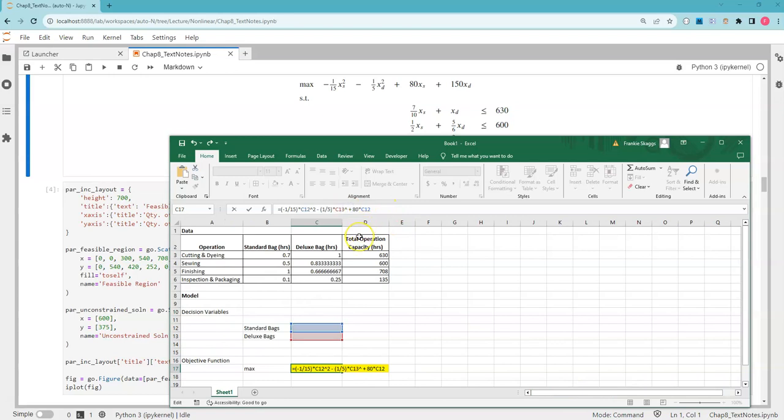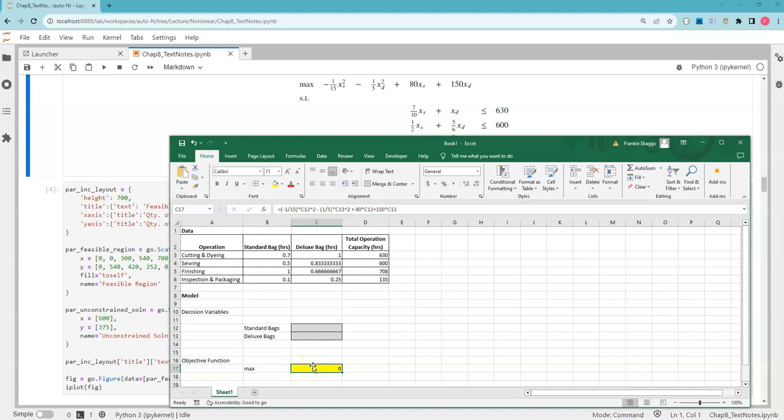Oh, that's why it's mad. I forgot the squared there. Plus 150 times x sub d. Okay, so with any luck, this objective function here should now be embodied in the formula in this Excel cell